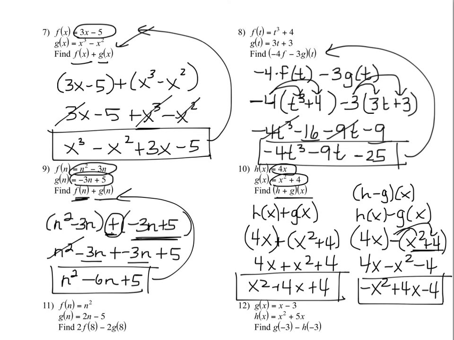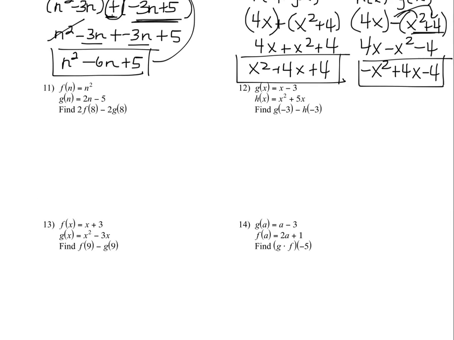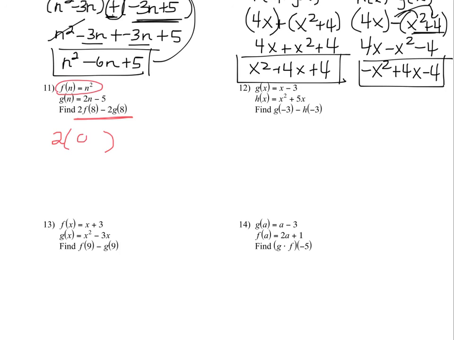So now your homework is going to be to finish the assignment. And I'm going to do one more just to get you started on the homework. So the rest of the assignment, it's actually going to have numbers plugged in. So we're going to have 2 times f of 8. So we're going to figure out 2 times whatever f of 8 is. Well, you're going to go to the function f, and you're going to say, okay, it's n squared, but I'm going to plug an 8 in. So it's going to be 2 times f of 8, and f of 8 would just be 8 squared,